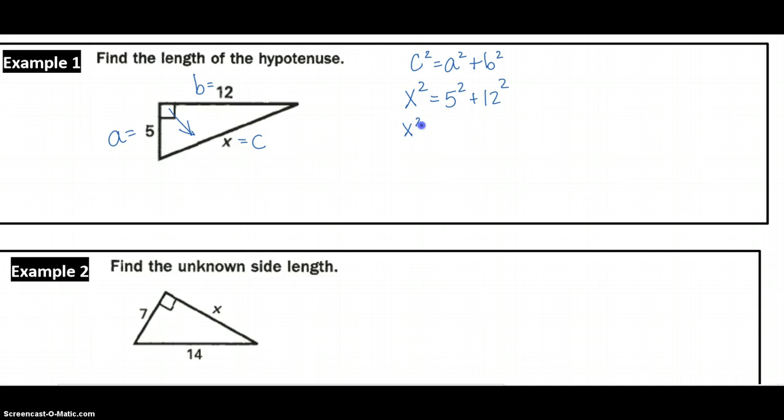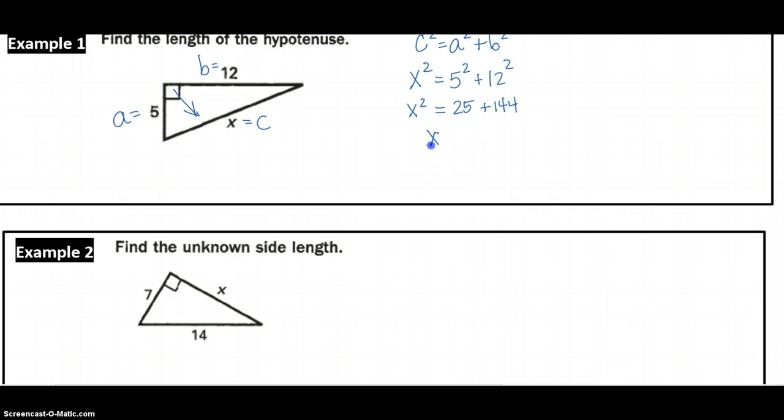So if we simplify this down, we've got x squared equals, what is 5 squared? And what is 12 squared? If we add those together, we get x squared is 169. But that's x squared, and they told us to solve for x, or find the length of the hypotenuse. So what undoes, what is the opposite of squaring something? Square rooting, that's right. So if we square root both sides,